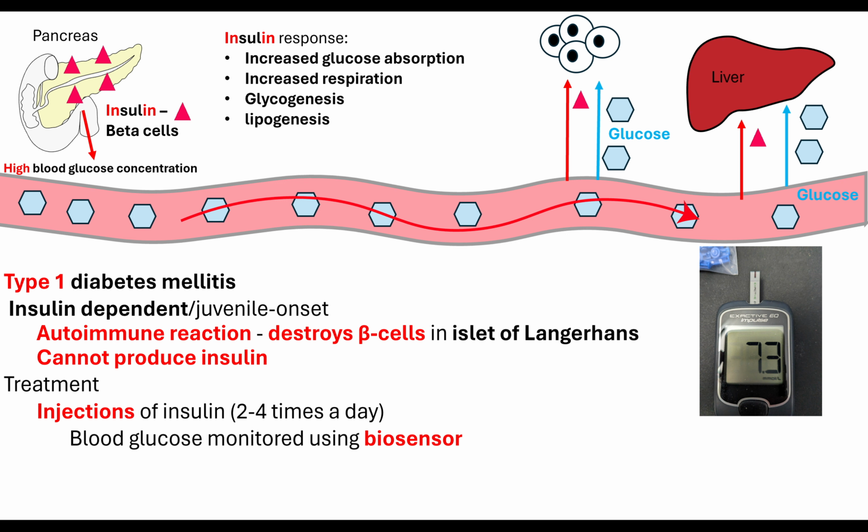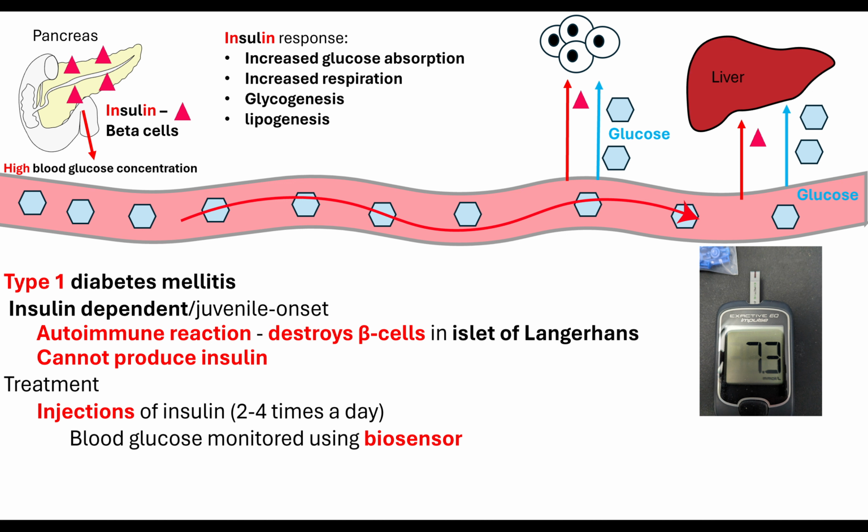I pricked my finger, I had a tiny bit of blood that was then sensed through the biosensor, and it was able to give me a reading of 7.3 millimoles per litre. Our blood sugar levels should be controlled between 4 to 8 millimoles per litre, and therefore right now my blood sugar levels are within that range. So only if someone is getting to the higher range towards the 8 would they want to inject themselves with insulin. That insulin will then be transported around the bloodstream,